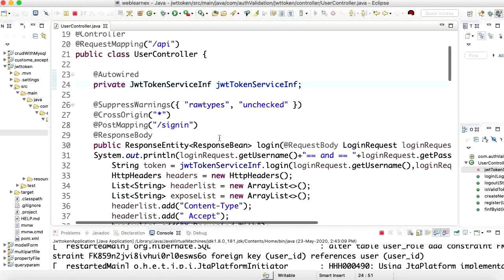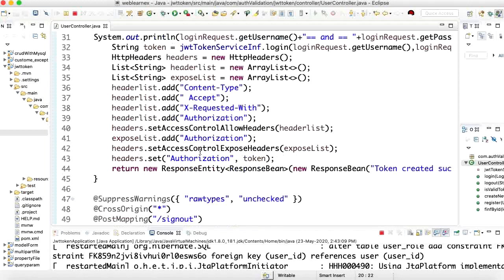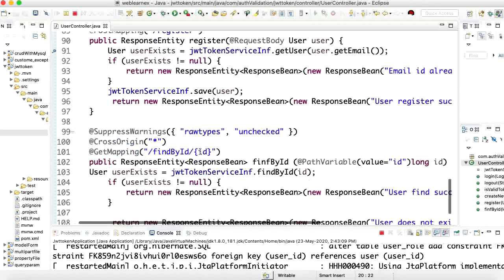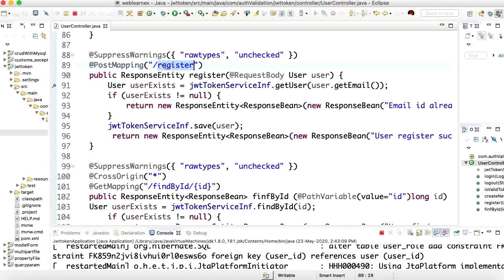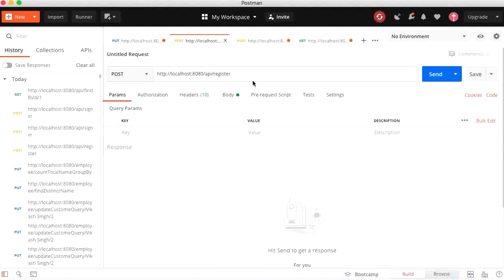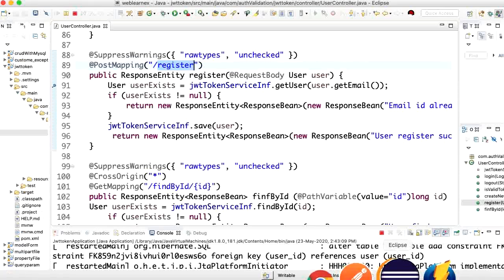So here I have passed the API, and then I want to call this URL for registering the user. So my URL would be localhost 8080 slash API slash register. This is my endpoint and I want to pass the user information.